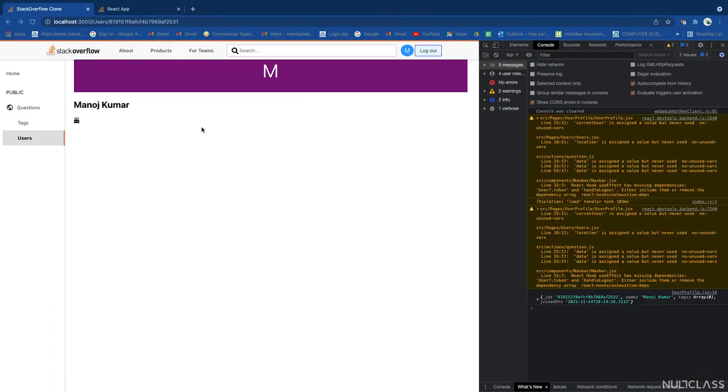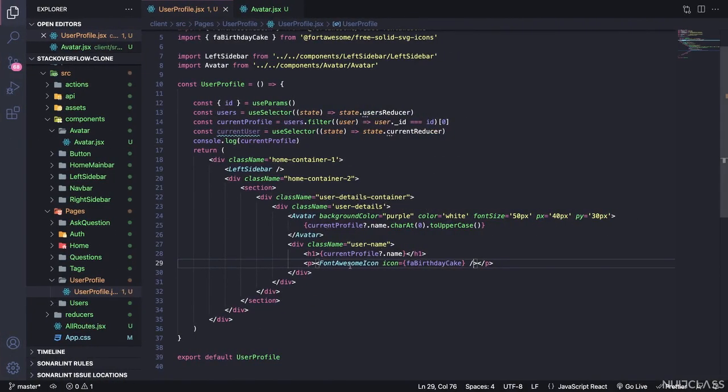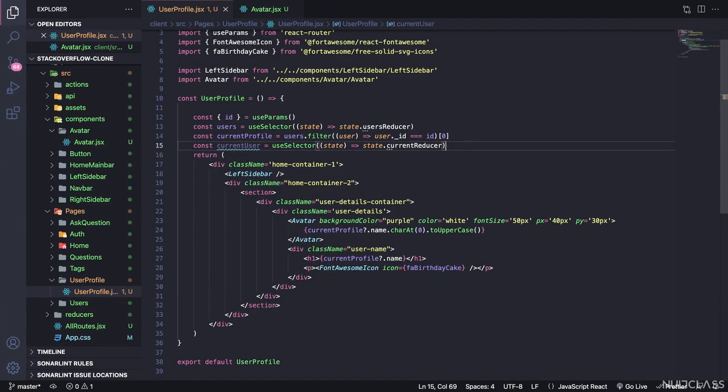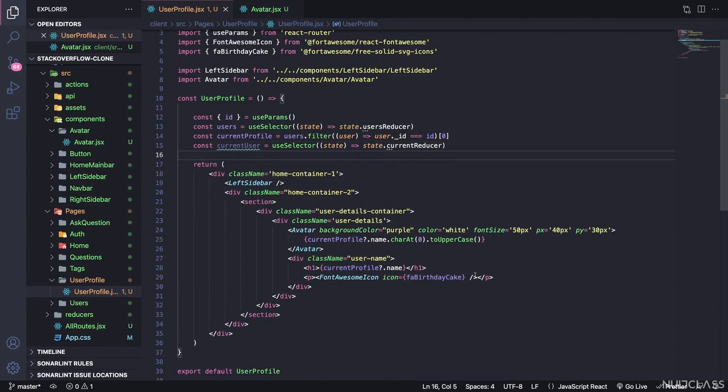So now if we see here, you can see here is a birthday cake icon. So this is how we can import our Font Awesome in here. So let me cancel this console log, and also after this icon I'm just going to say member